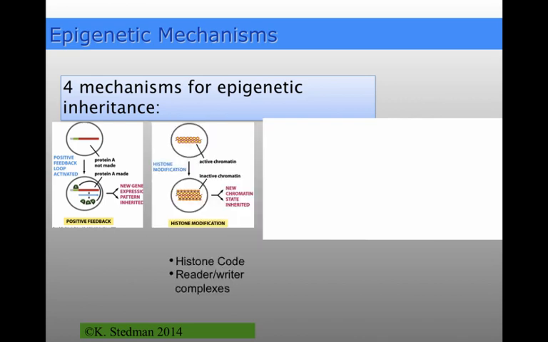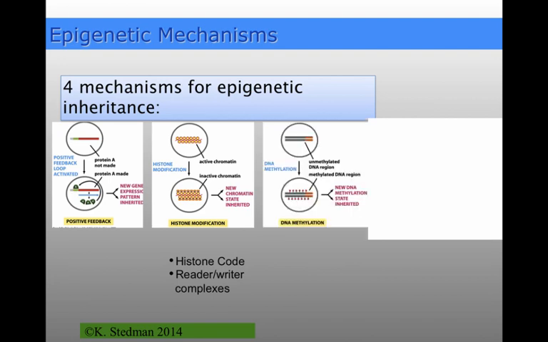Another way you can get epigenetic inheritance, and we've talked about this quite a bit, is histone modification, things like telomeres, centromeres, anywhere where you have heterochromatin. This actually serves as a positive feedback loop as well, because we talked about a lot of those histone modifying enzymes, which will then recruit histone modifying enzymes, which will modify the histones, which will recruit another histone modifying enzyme, et cetera. So whatever your histone modification is, that gets maintained, again, mostly through these positive feedback loops.